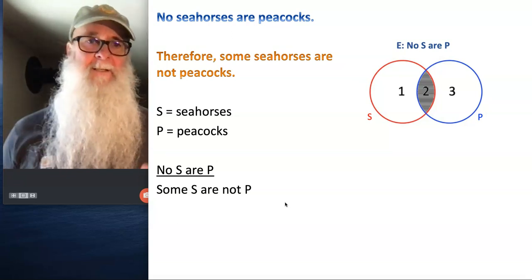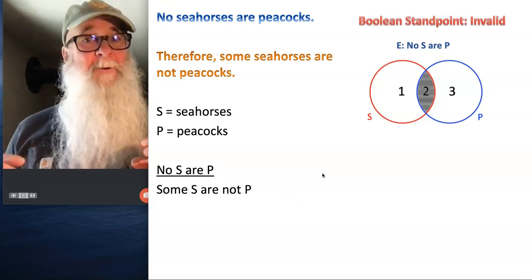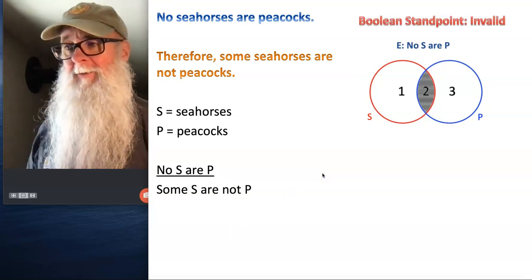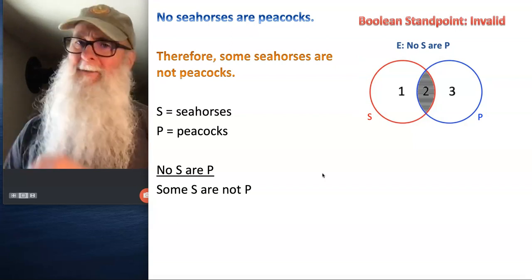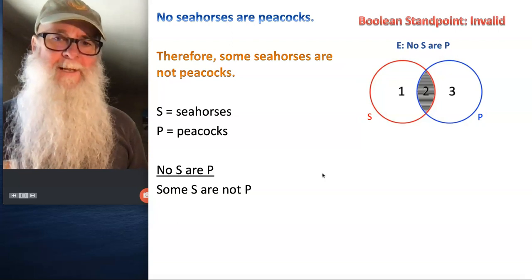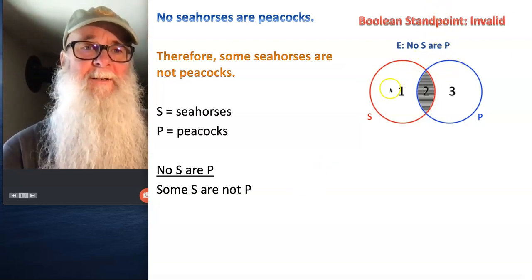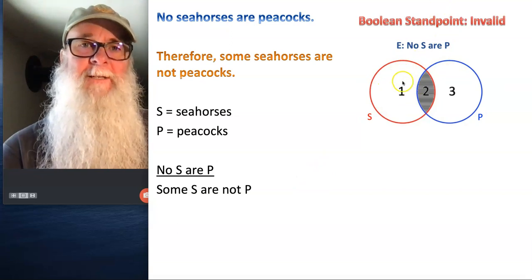That tells us that this argument is invalid from the Boolean standpoint, right? And it has that form, again, it has that universal premise and that particular conclusion, always invalid from the Boolean standpoint, the existential fallacy. But when we look at this diagram here, we see that after we've shaded in to indicate the premise,